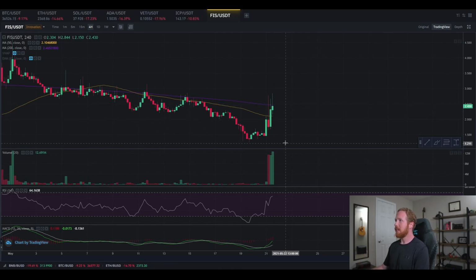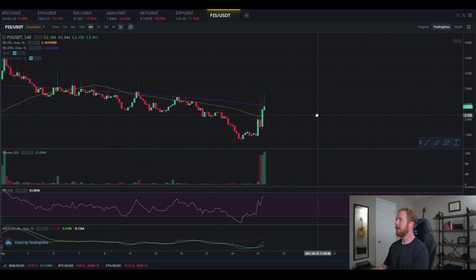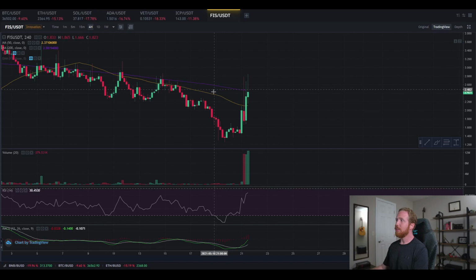Consistent volume, I like this. I hope the volume can continue. If the volume does taper off, be mindful of that and be aware that that could be a sign of a reversal. But the MACD is implying that we are seeing a momentous trend in an upward fashion. So all in all, good things here, specifically for swing traders, because the 4-hour chart is best suited for anybody swing trading for 1 to 30 days or longer, and these are all good indicators on the 4-hour chart. Furthermore, too, the 2 moving averages here are probably the most impactful as well on the 4-hour